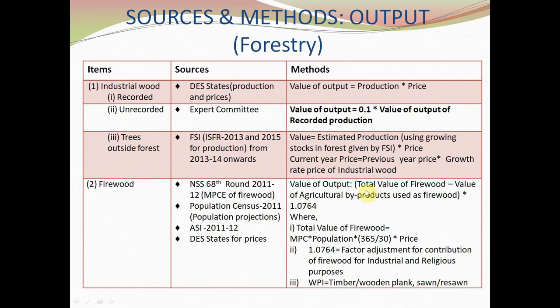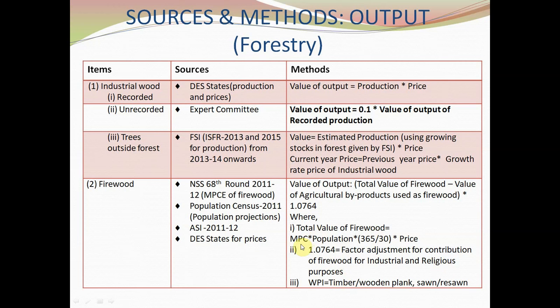Value of output is calculated by total value of firewood by subtracting value of agricultural byproduct used as firewood multiplied by 1.0764, where this factor 1.0764 is factor adjustment for contribution of firewood for industrial and religious purposes,